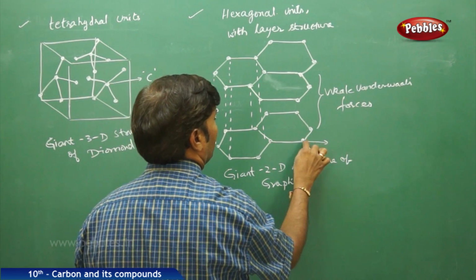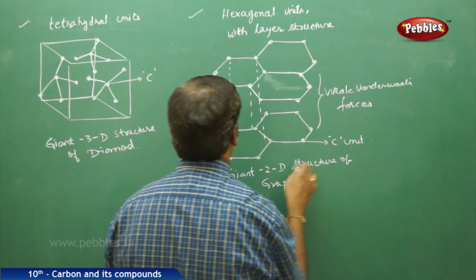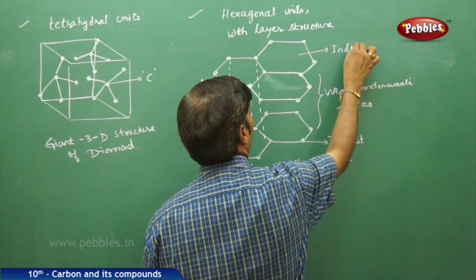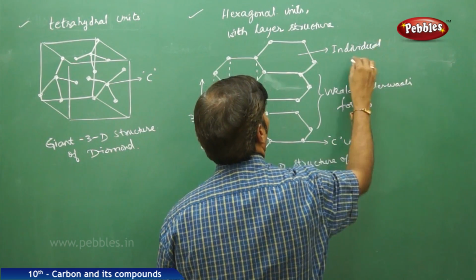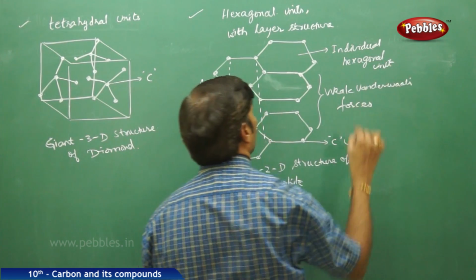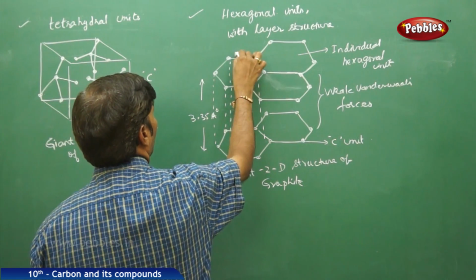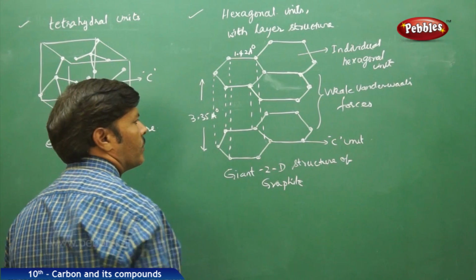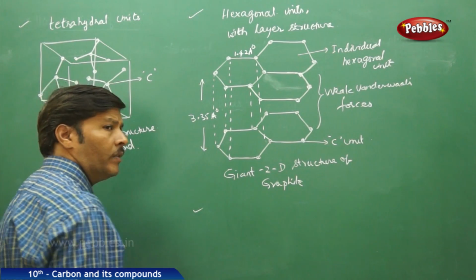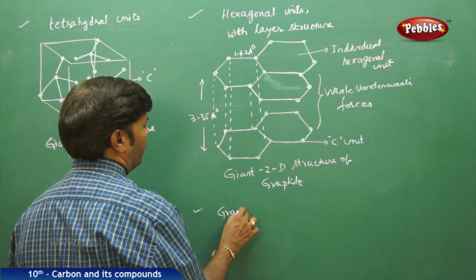Each carbon, each dot in the hexagonal unit represents a carbon unit, and this is the individual hexagonal unit. It is the individual hexagonal unit, and the distance between the two carbons is around 1.42 angstroms. So from this we can understand that graphite, when it comes in contact with graphite layer,